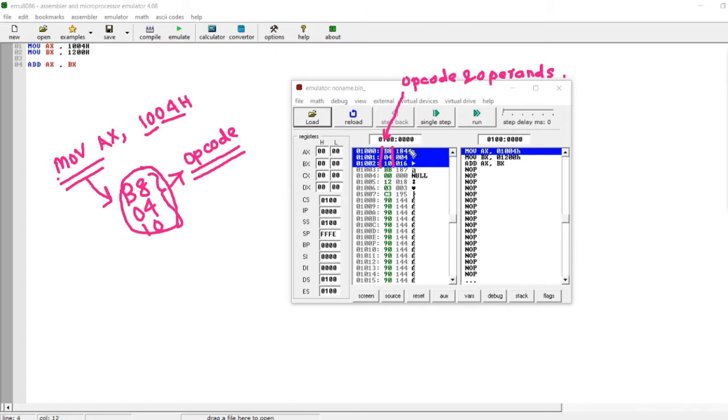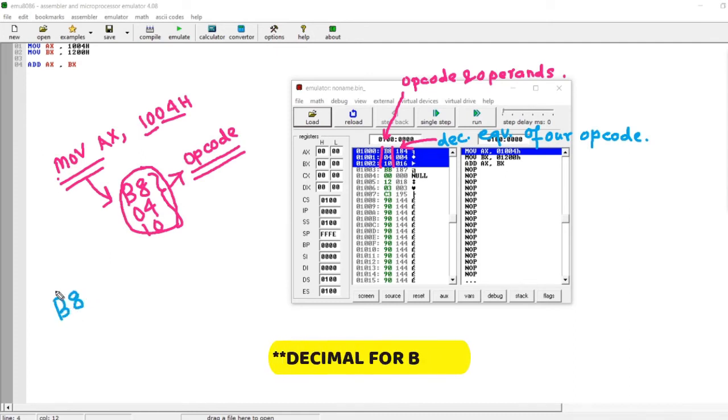The next thing you can see is the next column, that is, it has some numbers. This is basically the decimal equivalent of our opcode. So let's see how it is calculated. The first was B8. We know the hexadecimal for B is 11, and for 8 is 8.